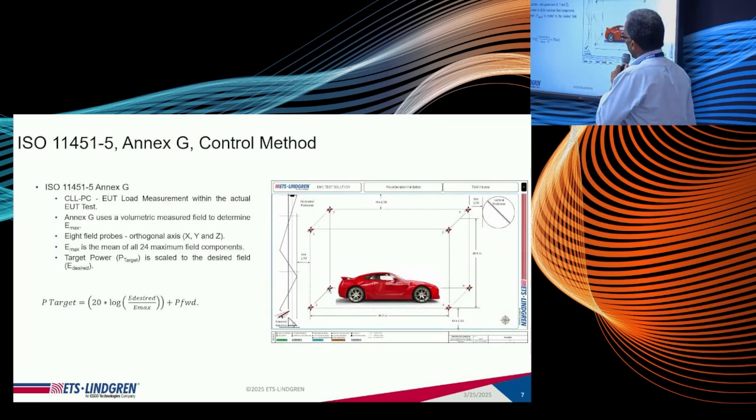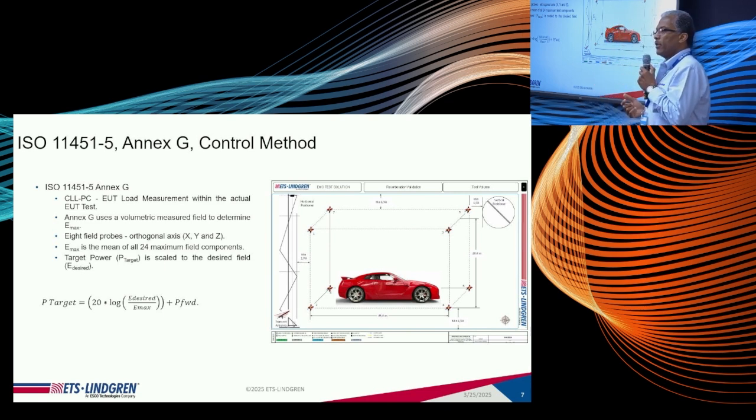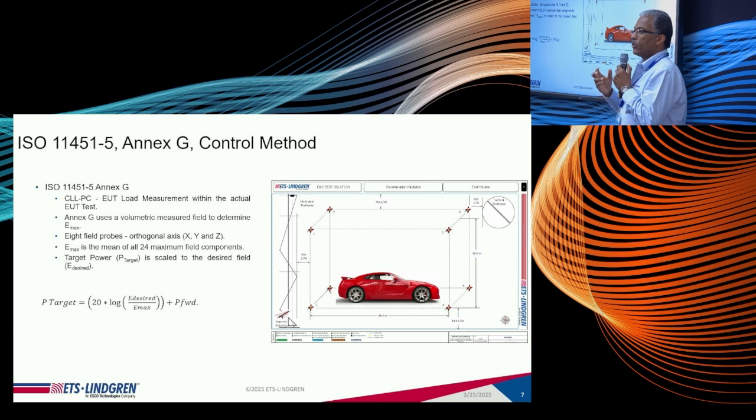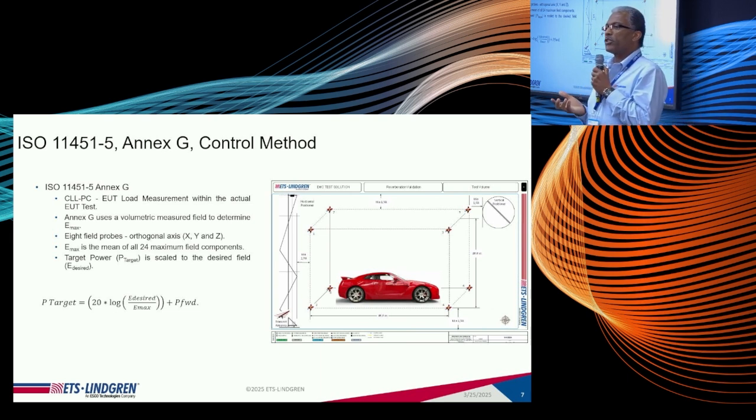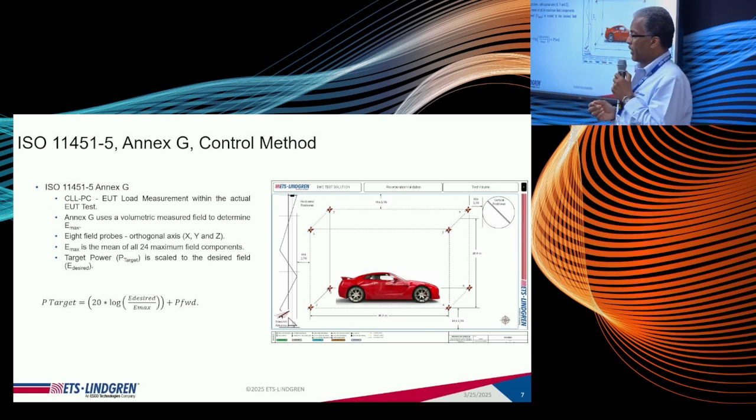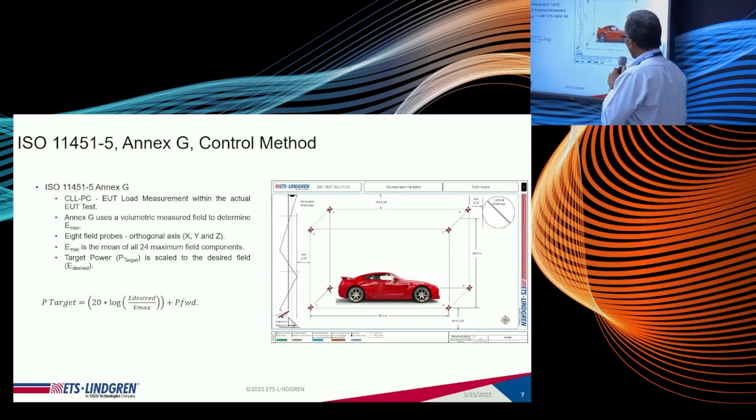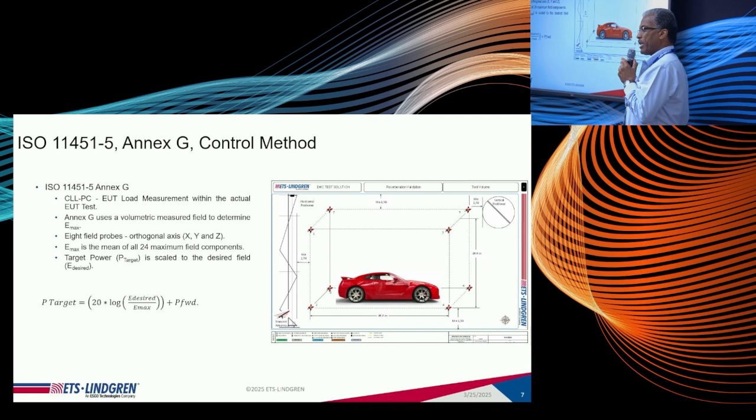In the ISO document, the procedure is a little different. And the method I'm going to focus on is what's called the closed loop method. This involves the use of multiple probes, so that you can sample multiple probes simultaneously, calculate the statistics of the field on the fly, and normalize and level the field all in one sequence during the course of the measurement. And of course, the big advantage with doing that is you save a lot of time. The big disadvantage is that you've now multiplied the number of field probes that you need.